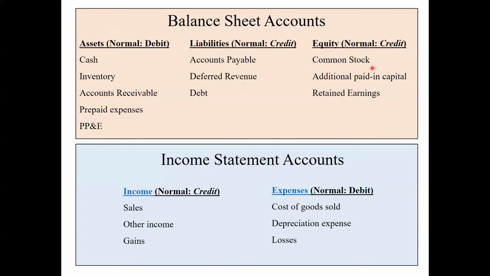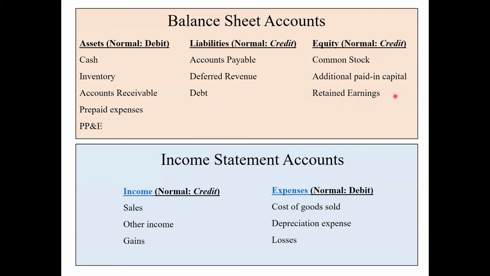Common stock is what the owners initially contributed to the business, and also additional paid in capital. So these two accounts together is what the original owners contributed to the business in terms of financing the business with equity capital. Retained earnings is the cumulative life-to-date net income minus dividends that the company has had over its